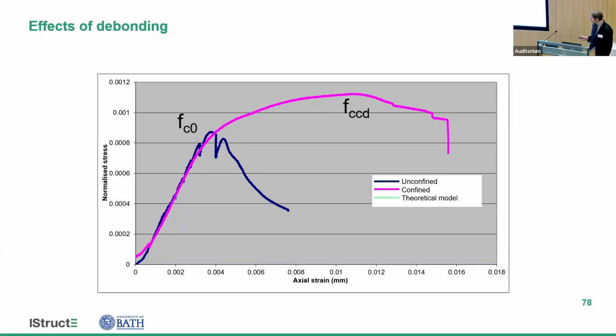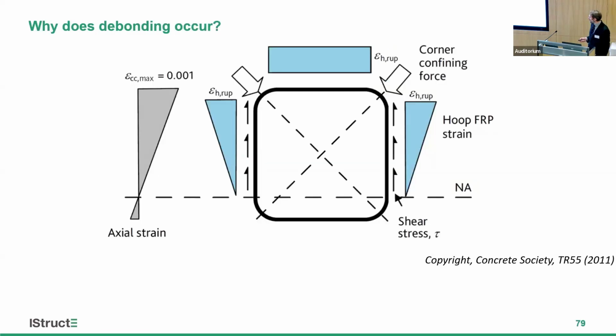So that pink is what we actually found, and all the models tell you that it's going to be something like that. And we get this sort of reduction in confinement due to that loss of stiffness as the FRP debonds along the sides of square and rectangular columns. So actually we're only getting that sort of increase in strength rather than what we might anticipate. And that's due to